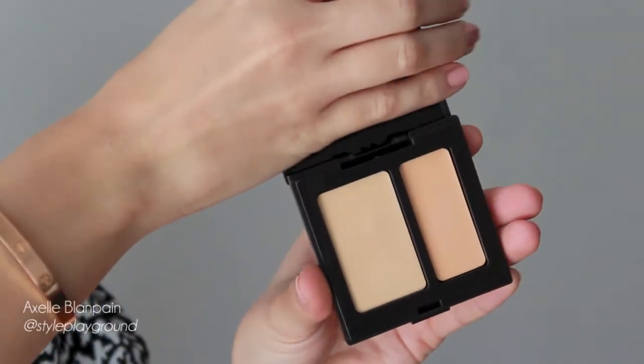The first thing I picked up is from Laura Mercier, and this is the Secret Camouflage, in SC3. Basically, it's a concealer palette, I guess you can say. It's actually a duo. So you have two shades, and this is just perfect to conceal redness and spots that you have on your face, because no matter what I do, I can never seem to find the perfect concealer for